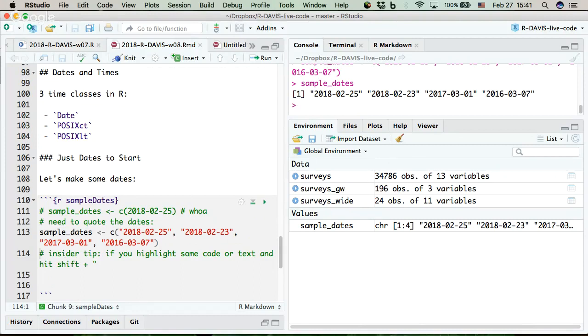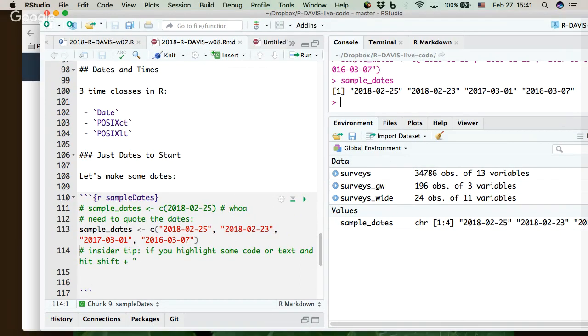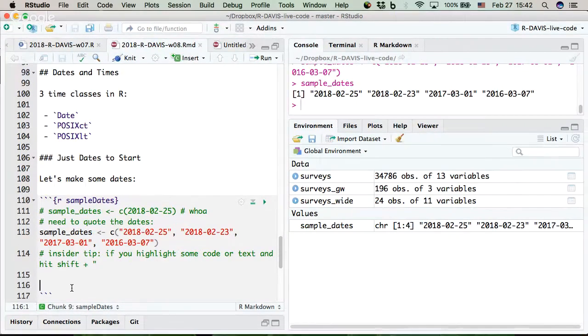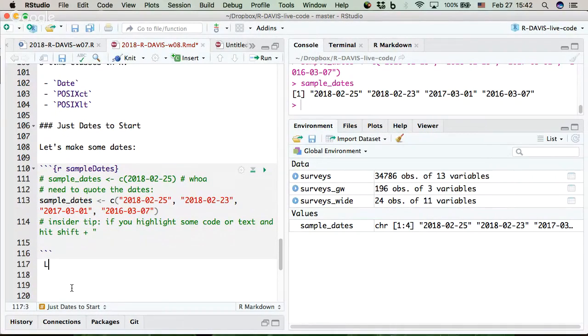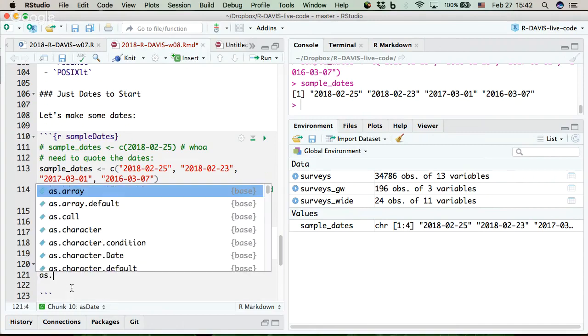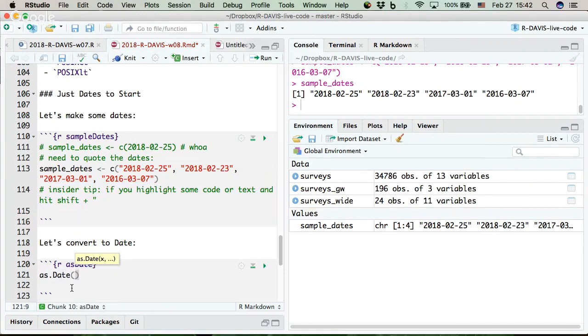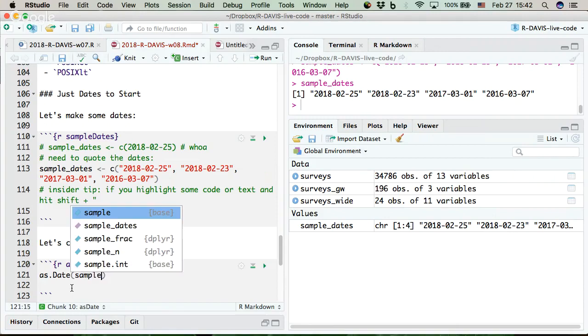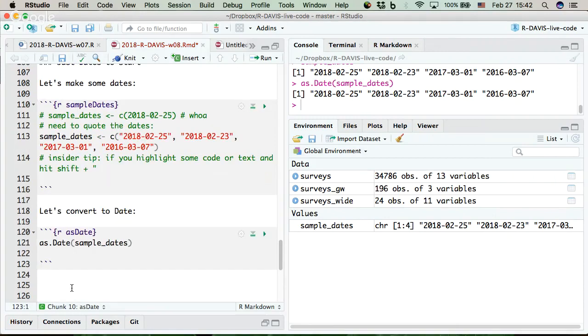So to do that, handily, there's a very nice function called as.Date. Let's convert to date. So the function is as dot. Remember, there's a whole bunch of as dot functions to convert things. So as.Date. Now if I basically give it these sample dates and run that line,